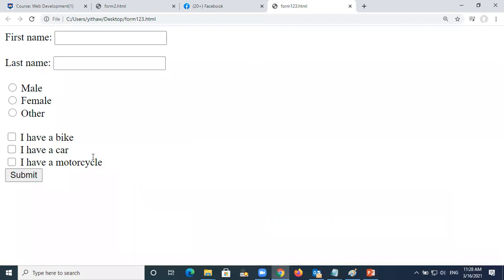As you know, you deal with this kind of form whenever you are doing a registration, or filling out some forms or a survey. They allow you to do these things. So this is one of the things that you need to know, and when you design your web development project, you have to include all this part.